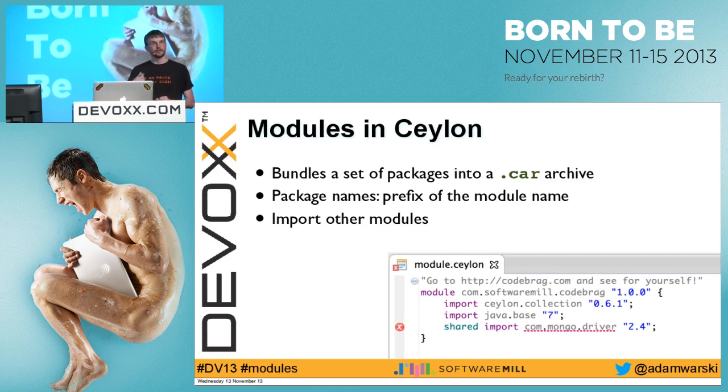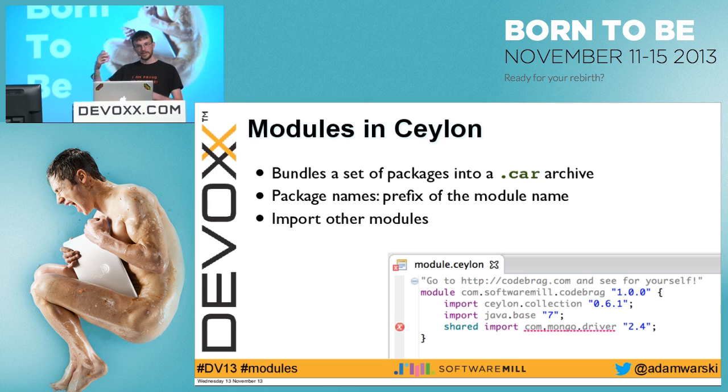Additionally, we can import other modules. When we import modules, we can use code from these modules. Of course, we can only use shared classes from shared packages from these modules, right? And here we can see yet another usage of the shared keyword. If an import is shared, it's a bit like a transitive dependency.